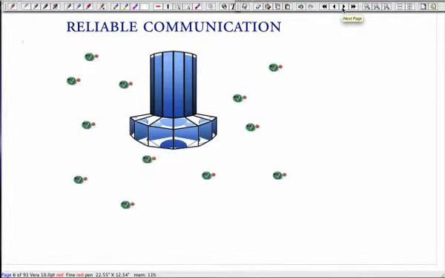I left last class talking about this other example of a reliable communication problem. So the idea is you have a set of small nodes. Each of the nodes wants to send a message to the server, but there's no coordination. These small devices aren't able to coordinate, and they're using a shared resource like the spectrum in the air. And if they both use it at the same time, then neither of them get their messages. So it's a real problem of the commons. But the same sort of problem happened before Wi-Fi, like in Boston, when everybody brought their cows to the Boston Commons, you have the same problem of making sure you don't destroy the commons by overgrazing it and so forth.